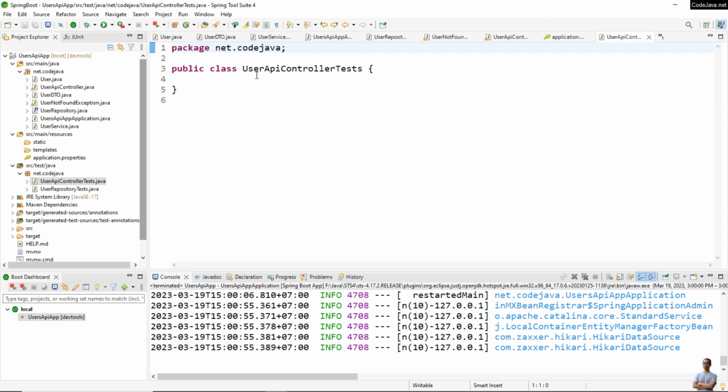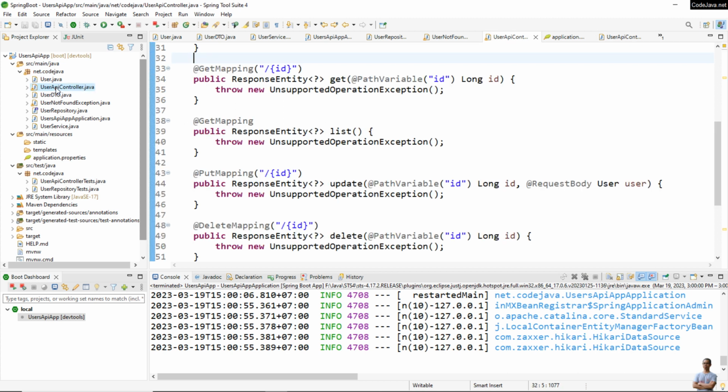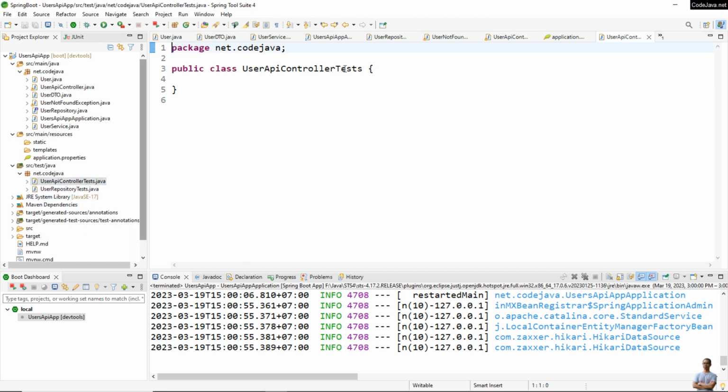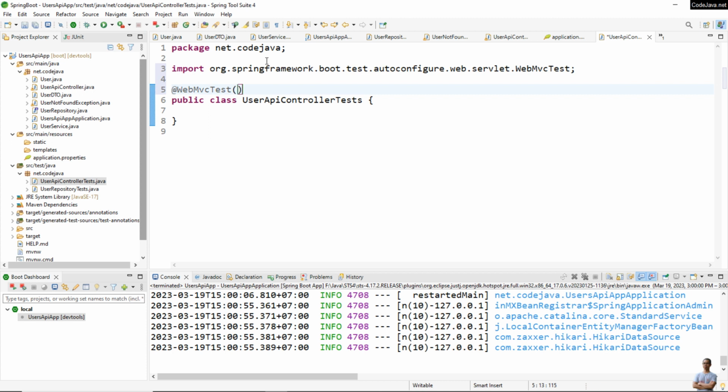Okay, the name of the test class should be the name of the corresponding controller class here, UserApiController, with Test here, and we need to use the WebMvcTest annotation and specify the controller class which will be loaded by this test is UserApiController.class, and in this test we need to use